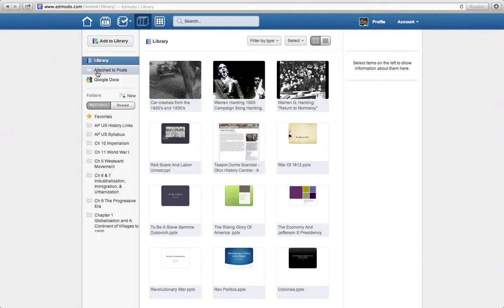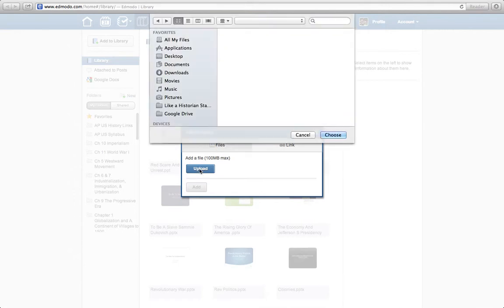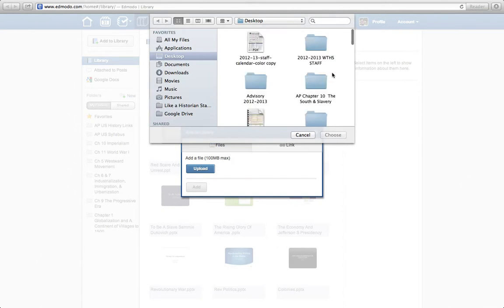I suggest the first thing you do is, anything that you think you're going to use for any given chapter or activity, add to the library by clicking where it says add to library. This is where you can put either links from the internet or files from your computer. I'll just show you how to load files. It's really easy. You hit upload,